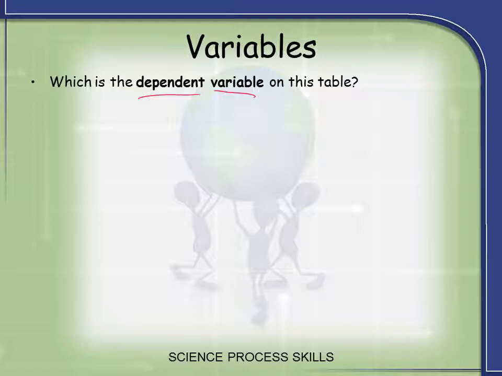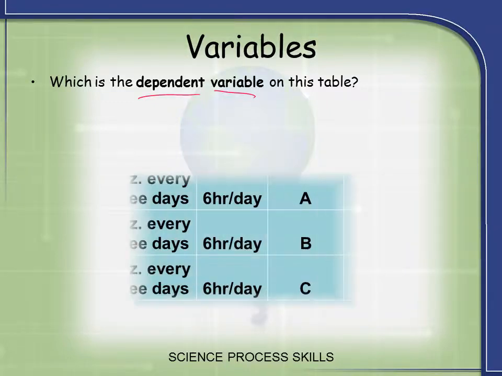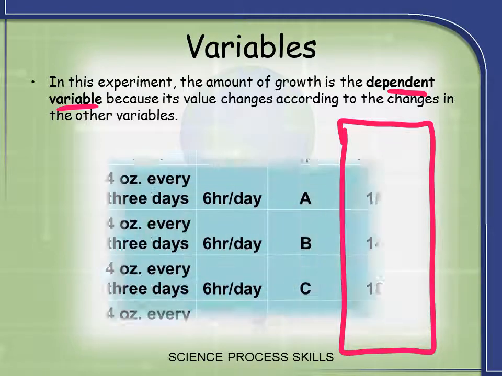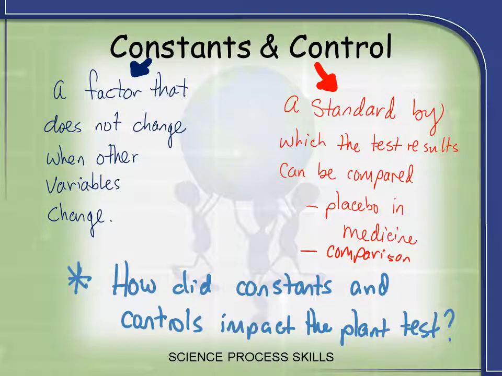So on this next slide, we'll see what the dependent variable is. As you can see, the height after 2 weeks is the dependent variable because it's changing as a result of our experiment. This brings us to the next